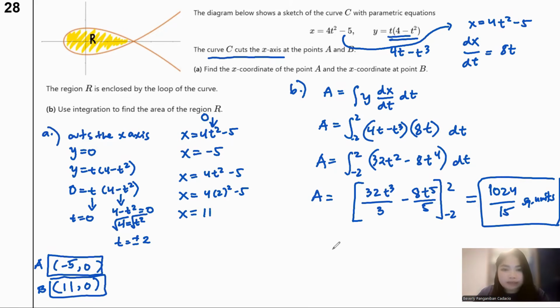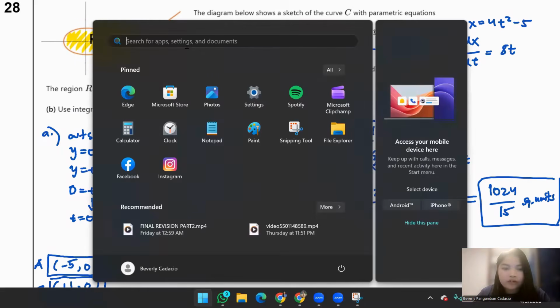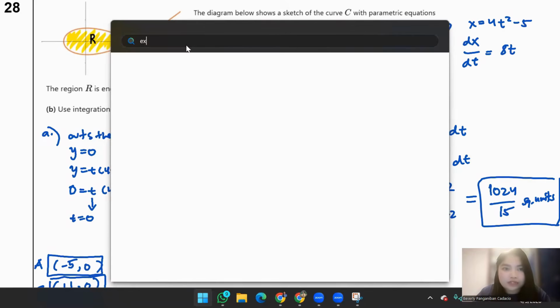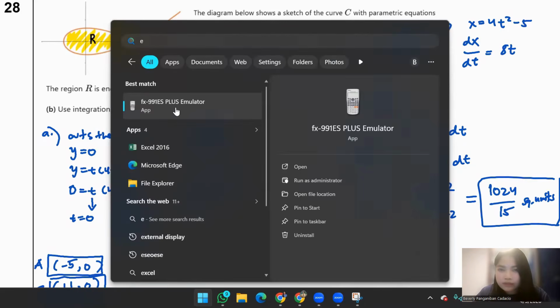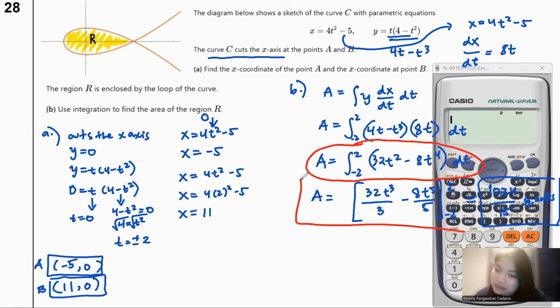But I would like to share something for the calculator techniques. If you want to double check if you are correct, you can use the formula, okay? But I want you to take note which one you are going to use. This is what you're going to put in the calculator. This is only for checking. I still want this, guys. I still want that for you to have the whole workings. But if you want to check in the calculator, this is what you need to do for calculator techniques.